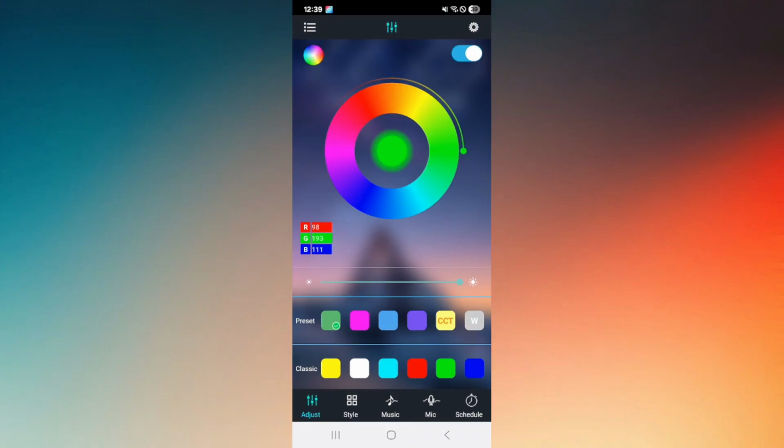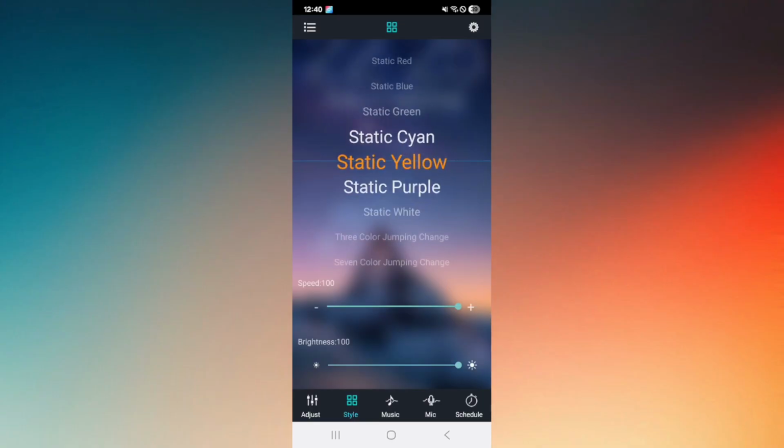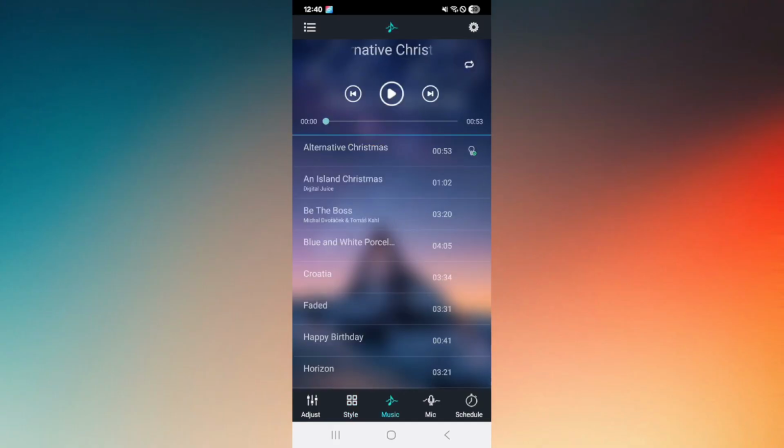This is where you can adjust the RGB color of your strip light by using your preferred color, choosing a classic color, and on style. This is where you can use dynamic styles, which include white strobe flash, static red, static blue, and so on and so forth. You can also try the music tab or music feature,